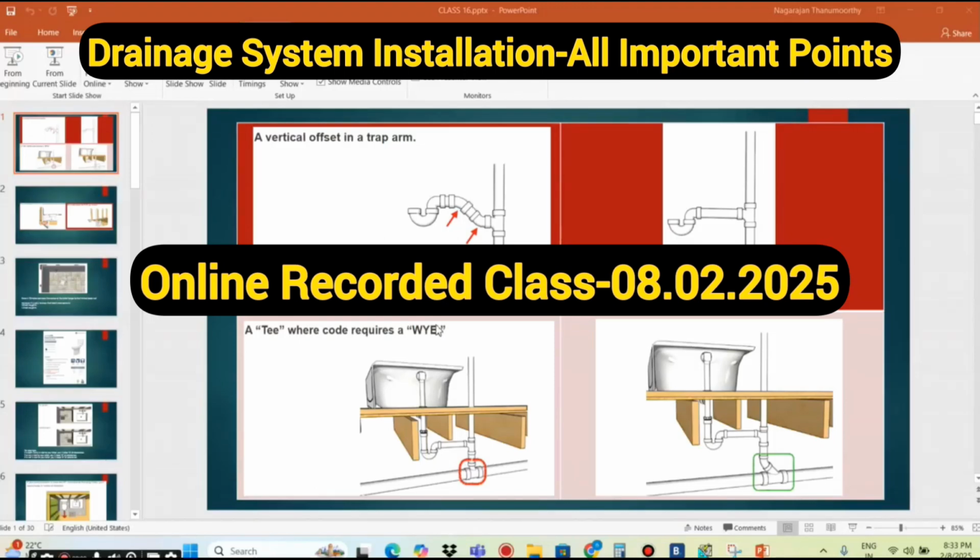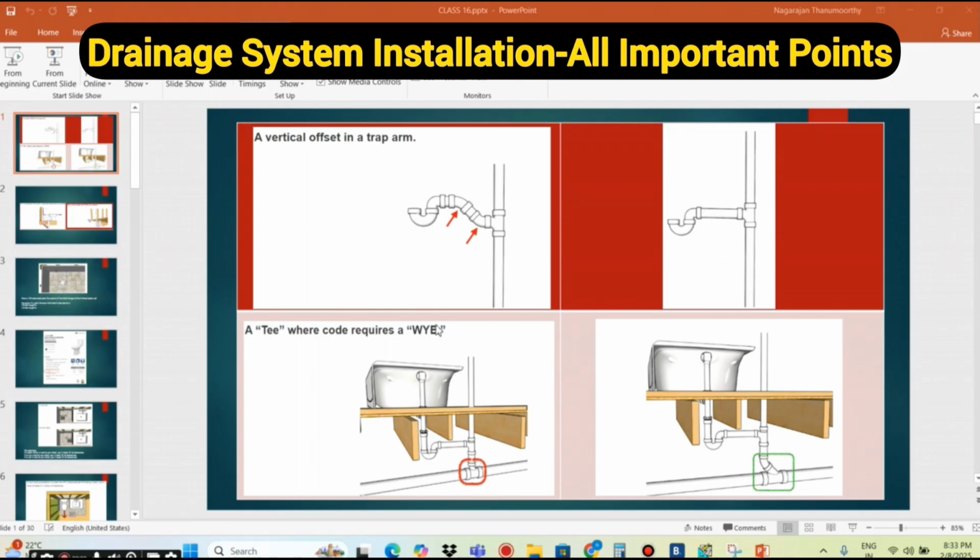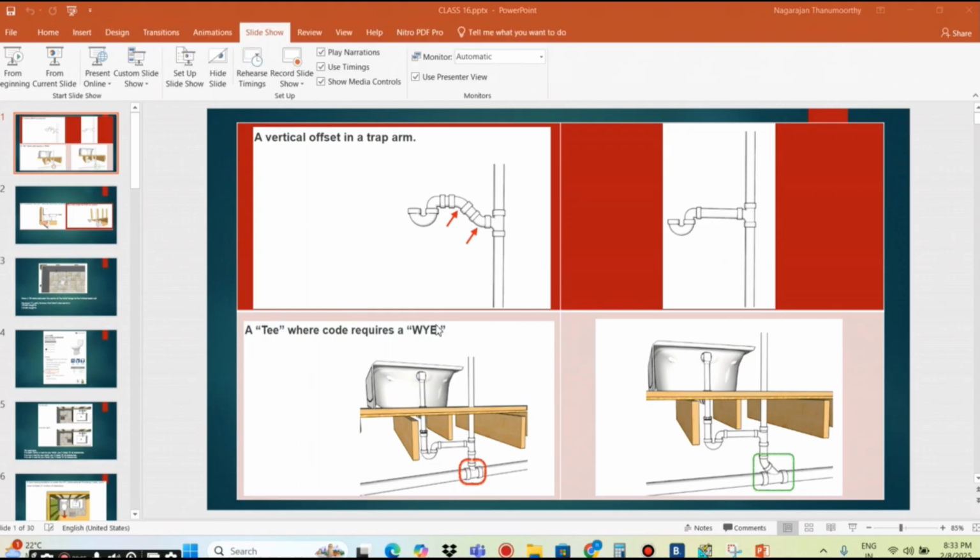Okay, so today we have a very important class, the rules of the drainage system. In the drainage there are lots of fittings; some fittings are acceptable, some fittings are not acceptable as per IPC and UPVC. So today we are going to see in depth and detail all the fittings of the toilets. So the first one, what we see here,